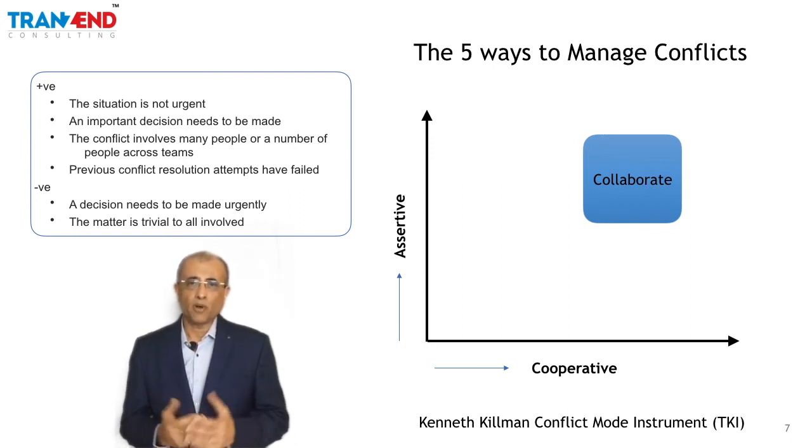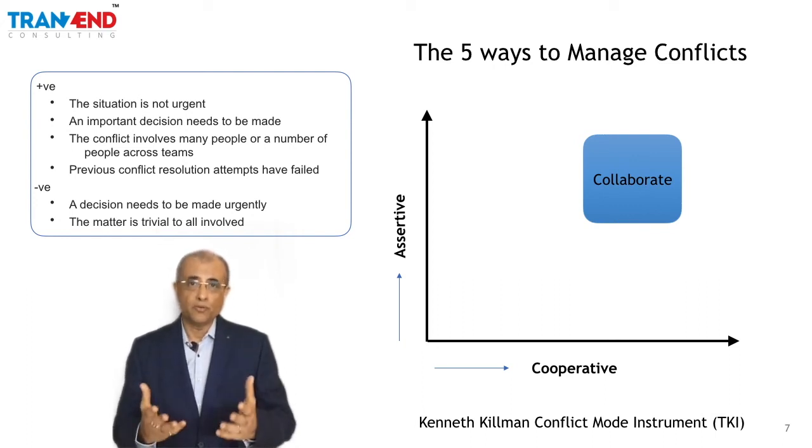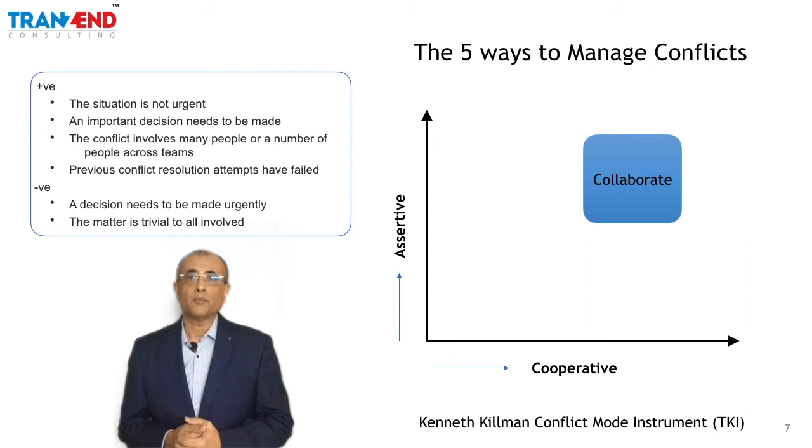Eventually, we start reaching a point of compromise where we say, okay, let's look at a third option. But eventually, the relationship starts improving when both of us learn to collaborate, where we say, okay, we are not giving up on what we feel is important, but we are also respecting what you feel is important. Let's look at both of them together and let's collaborate to find something that takes care of all the aspects in this situation.